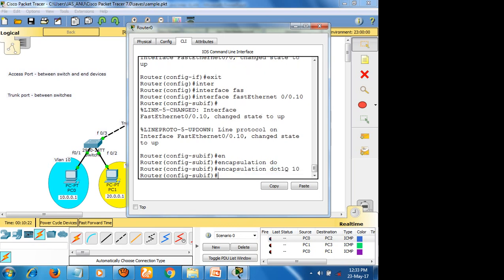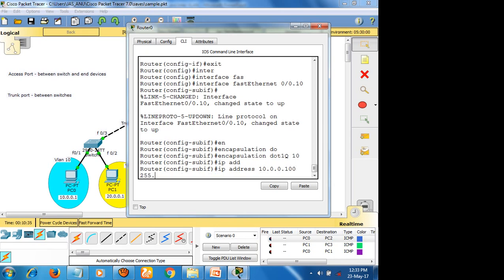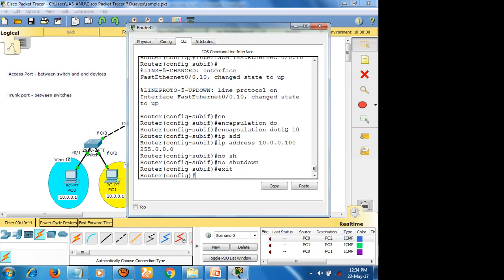Now you can give the IP address. What is the IP address for virtual LAN 10? 10.0.0.100, and the subnet mask is 255.0.0.0. That's it. Now give no shutdown, exit. Now I created one sub interface with the IP address 10.0.0.100 for the sub interface 0/0.10.